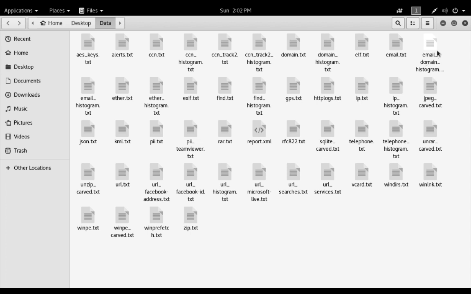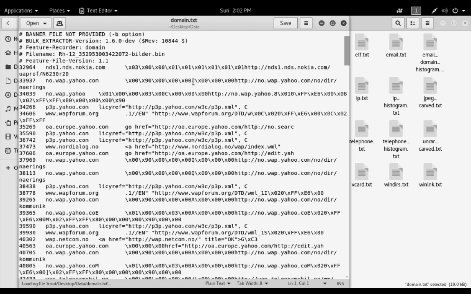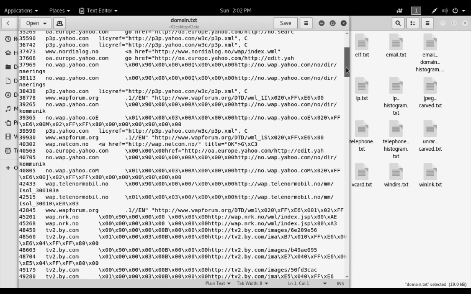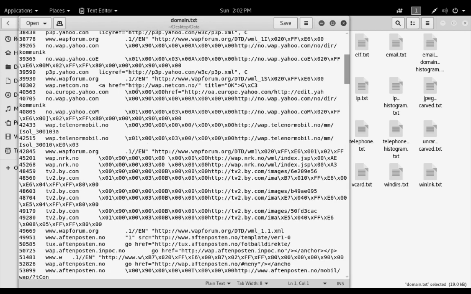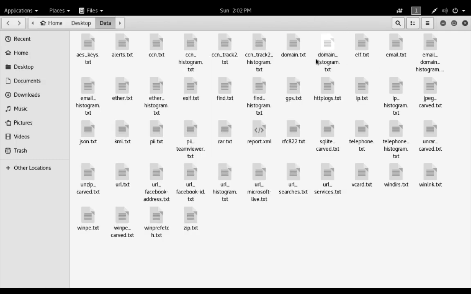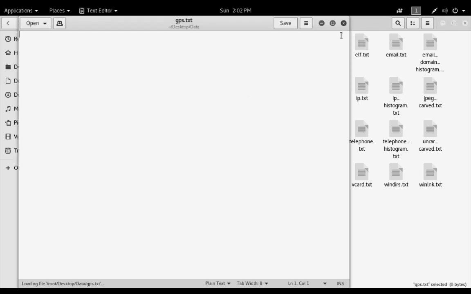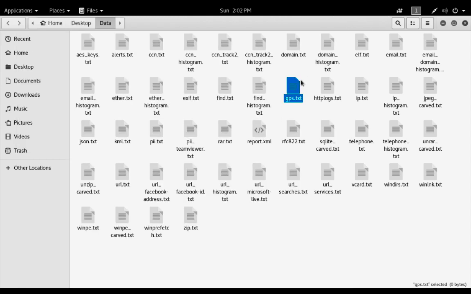You can see there are a lot of details, such as domain. If you have visited any website, or this sample contains any type of domain, it will be listed. Even host names, you can see there are a lot of details given below. You can see GPS location also. Those older mobile phones had no GPS, so it gives it blank.